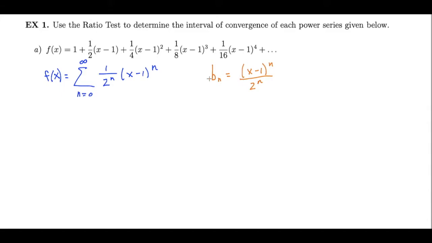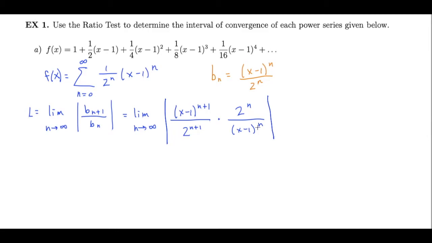Specifically here, the terms of my sequence, the term that I'm adding up, the terms of my series, are given by this expression here. So in order to apply the ratio test, I will compute this limit quantity, the limit as n grows without bound of the absolute value of this ratio, and then I will compare this limit value to the reference value of 1 to determine where the series will converge. So plugging in my particular expression for b sub n here,